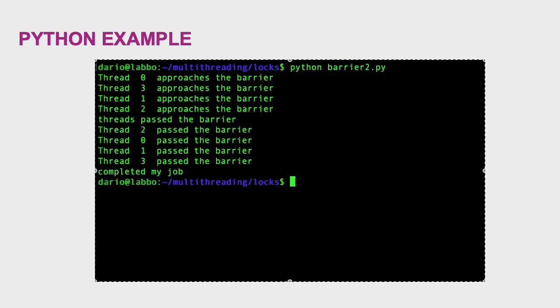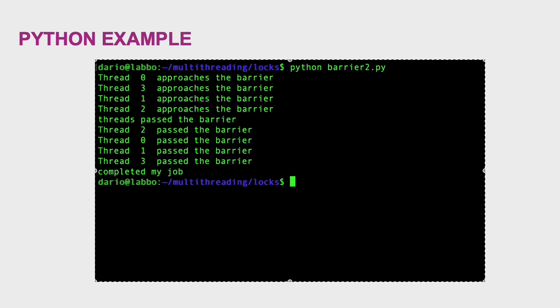Well, very simple. The output is not that different from what happened before. So we had threads 0, 3, 2, and 1 that approach the barrier. When thread 2 approaches the barrier, we have four threads that attempt to pass the barrier. So the gate opens, and